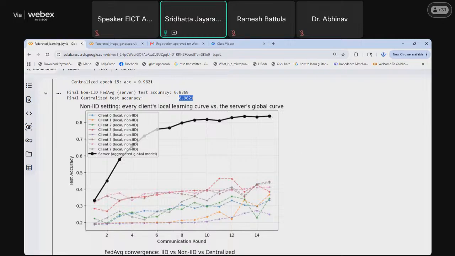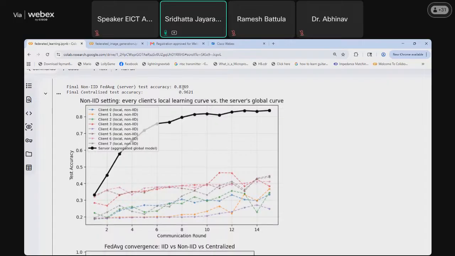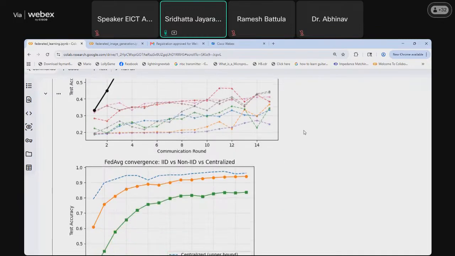As the upper bound accuracy was 96.21%, the accuracy reached using this non-IID data did not translate into the actual upper capacity the server model can reach. This fluctuating data affected the server model, and it remained within 85% accuracy.